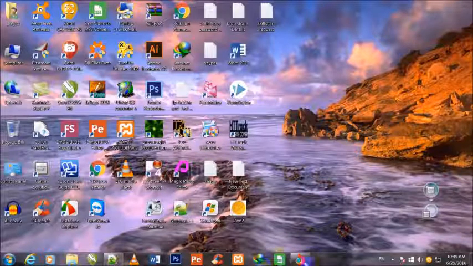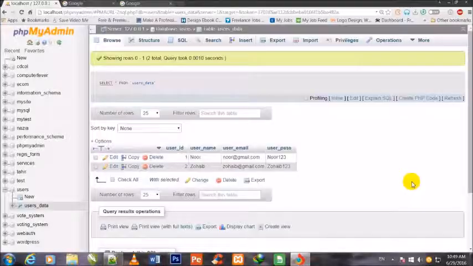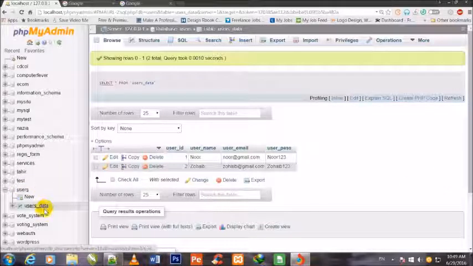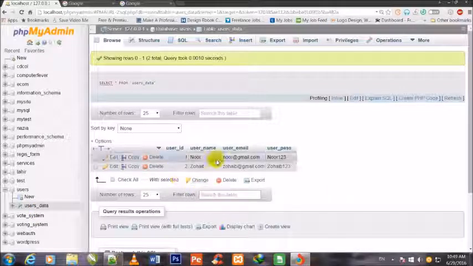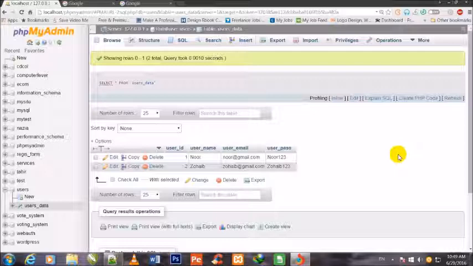Friends, in the previous video, as you know, I made one database with the name users, and I made one table with the name users_data. I inserted two records inside this table, one with the name Noor and the second with the name Zuhair. In this video, first of all, I will make a folder